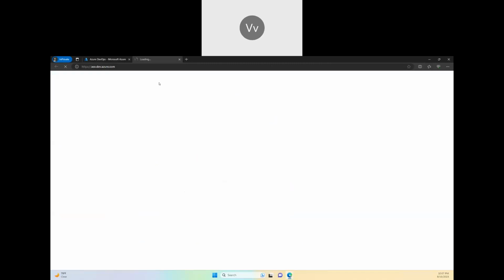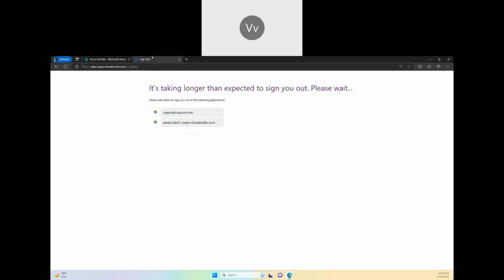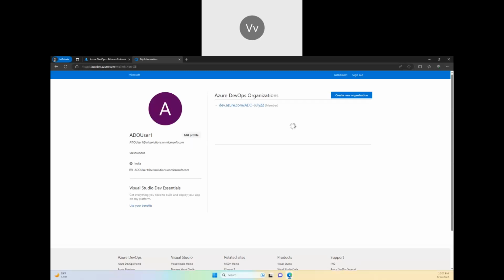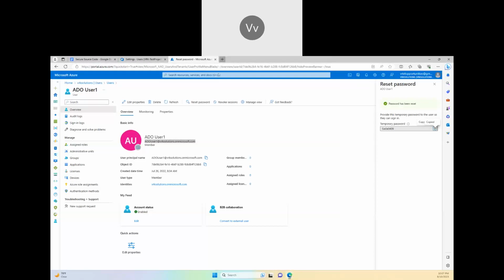Logged in. I can go to Azure DevOps organization. I can select this one. I wanted to select the my dev.azure.com organizations. If I look for ADO users, there is no. Okay. Because I didn't sign out from the previous account, the cookies is leading me to the other user. So here is ADO user, and I was able to only find one project organization under this one,